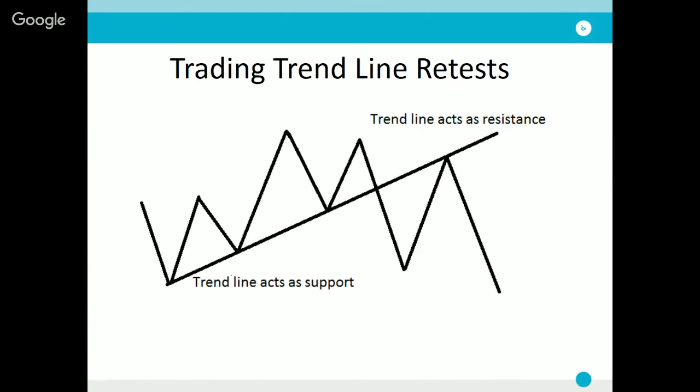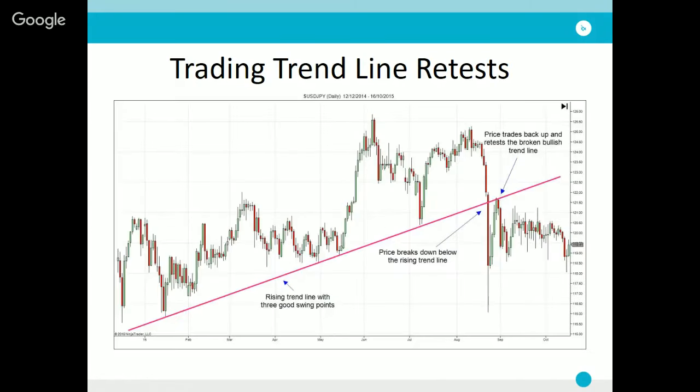So looking at this example here then, and you can see if we just skip back, this is pretty much a carbon copy of the beautiful image which I've drawn for you here, and it's represented very well in the charts. So you can see that we had this really solid bullish trend line in play in the dollar yen. Price was bouncing along, finding support at that level each time it touched it. So we know there's good demand in the market along this trend line. But then at this point here, look what happens. Price breaks down through that rising trend line, trades back up, retests the underside of the broken rising trend line, and now instead of that trend line acting as support, the trend line is acting as resistance and price trades